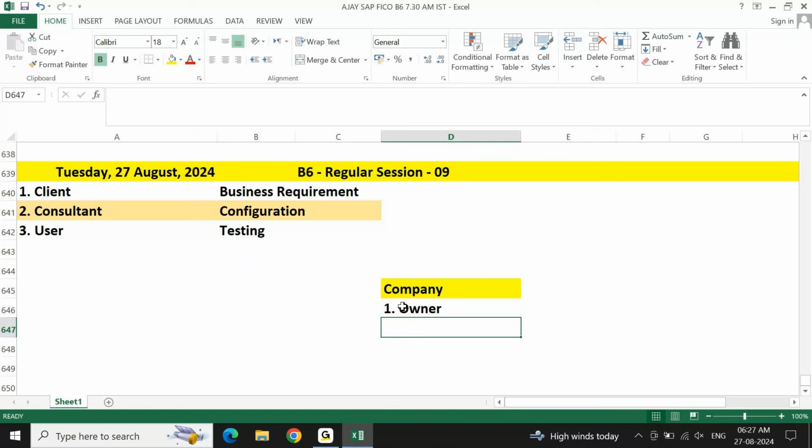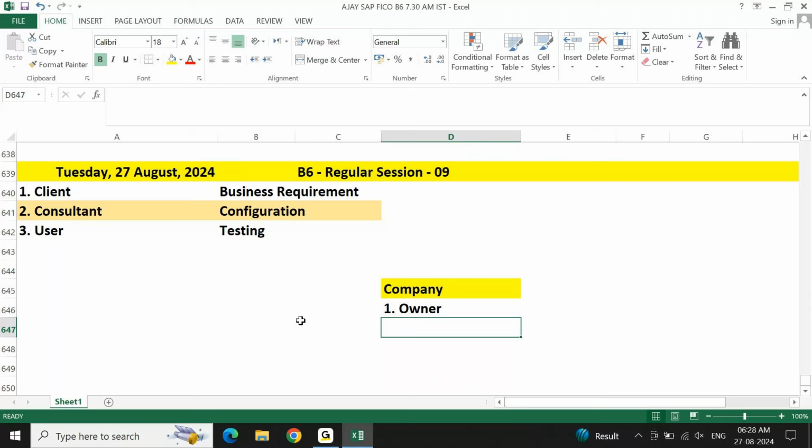As the owner of the company, you should know what your business process is. It is not practically possible that I am the owner but I don't know what I am doing. What is my business, what is my requirement, what I want to do, that is never going to happen for any owner. Now you need to think like an owner of the business, and accordingly list out some kind of requirements. Basic requirements only are sufficient. You don't need to think out of the box. Simple requirements, just to make sure you feel comfortable and confident.